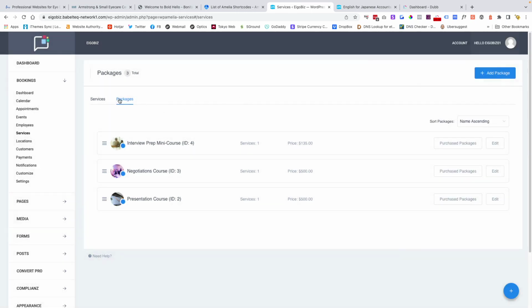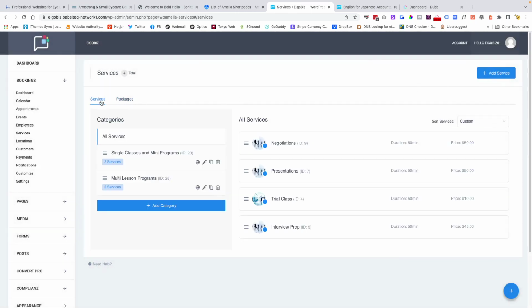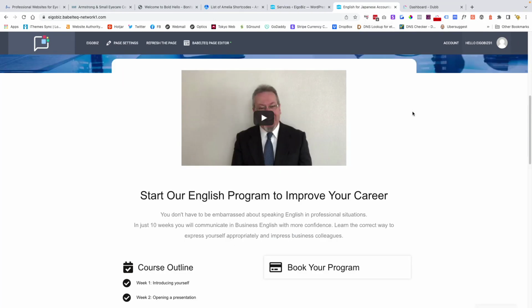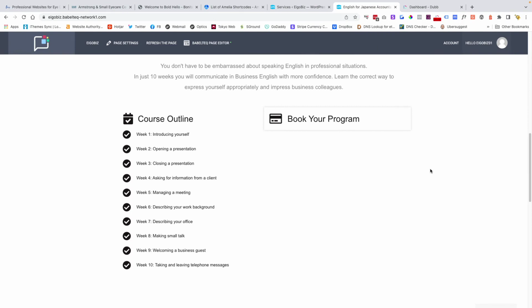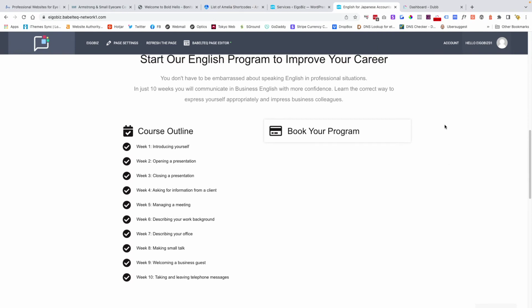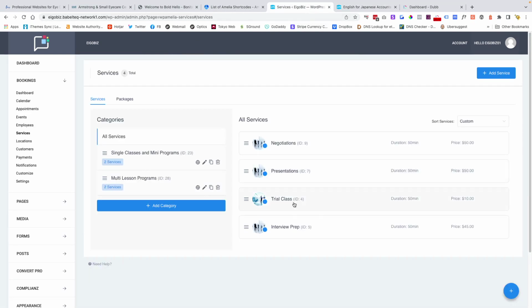So what can we do with all of this? Let's come across to the front end of the website. We're going to start with a blank sheet here. What I'll do first is show you how to display this trial class. This is not a package; it's just a standalone, one-off trial class, so we don't want to sell this as a package. What we'll use for that